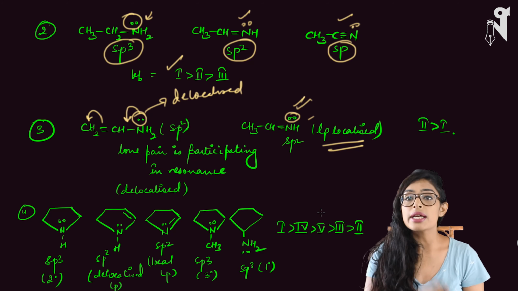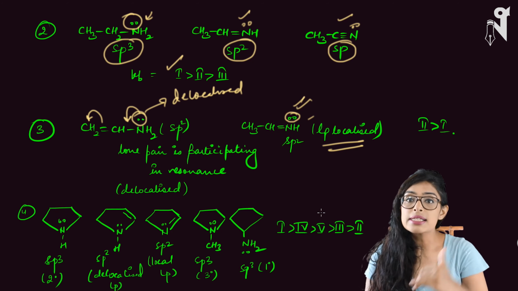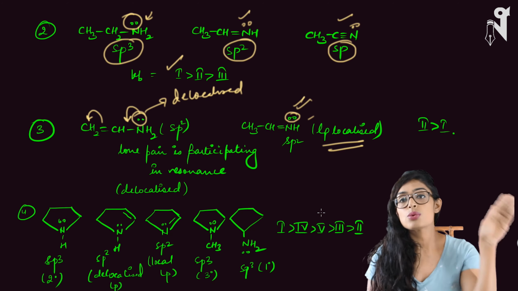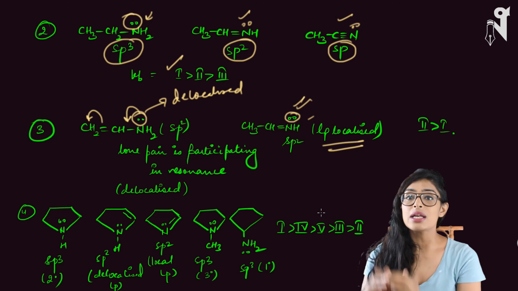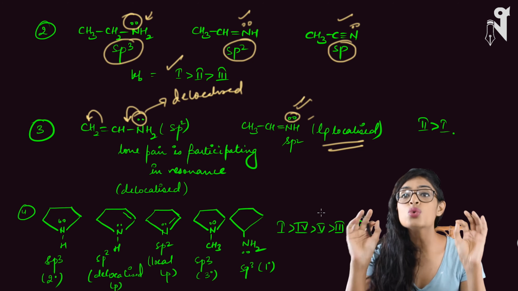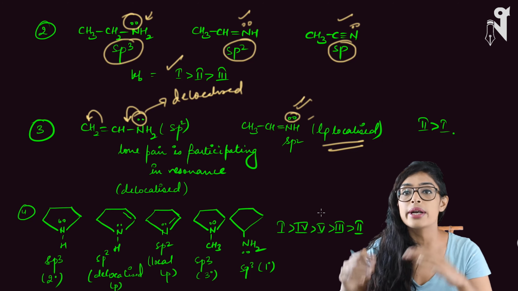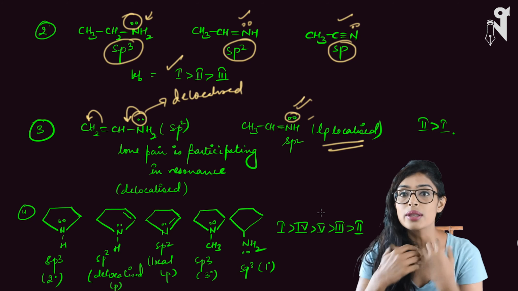So delocalized electron pairs are the ones which decrease the electron density around the nitrogen, or you can say which decrease the basic strength, because they are moving from one place to another and not staying at a particular atom. If the delocalized lone pairs are not staying at a particular position, that means these are pseudo electrons. That means it looks like electron is there, but it's not staying there. So nitrogen doesn't have a whole control on those electrons and cannot give it all the time, because it is not present with nitrogen all the time.